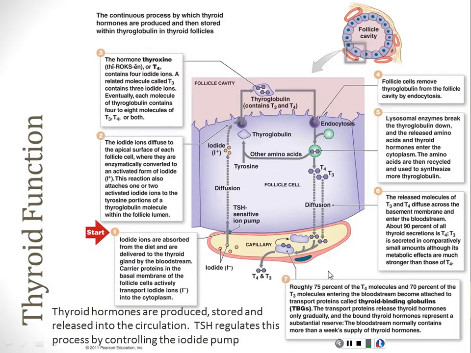And we'll talk in a minute. T3 and T4 are the active hormones that the thyroid gland makes. Thyroglobulin, though, is not active. It doesn't do anything. If you took it out of the follicle cavity and injected it in somebody, it wouldn't do anything. It would just circulate around the body until it was broken down. So this stored thyroid hormone called thyroglobulin sits there until the thyroid gland needs to secrete